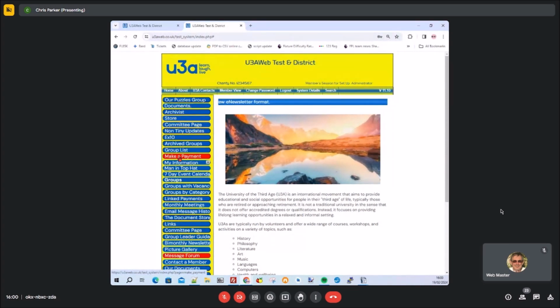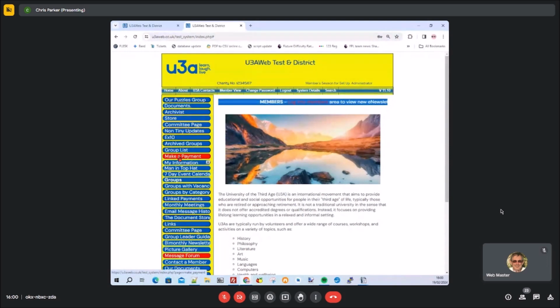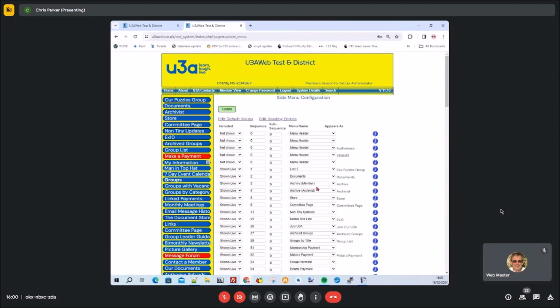Or if you don't use online cards or that sort of thing, then you switch it off at the start, and it never appears because you've overridden it and it's switched off. So the side menu,